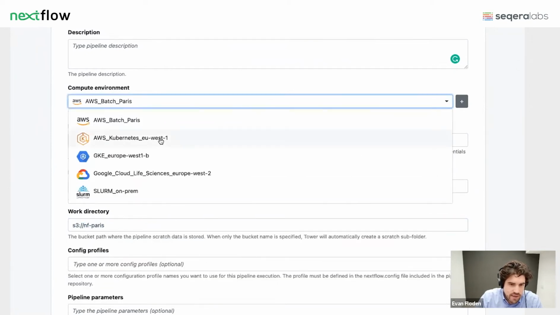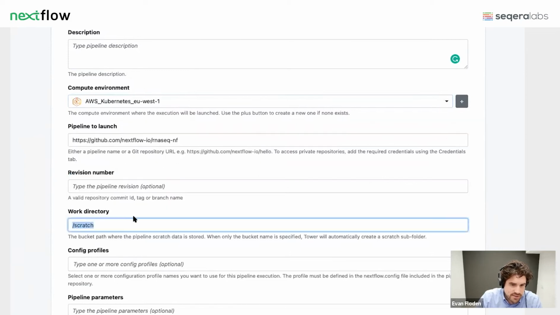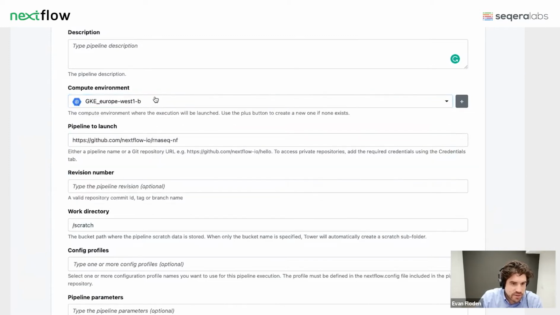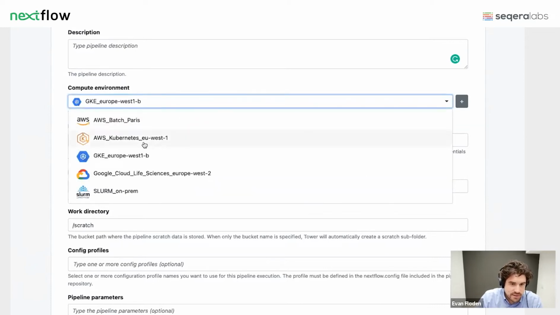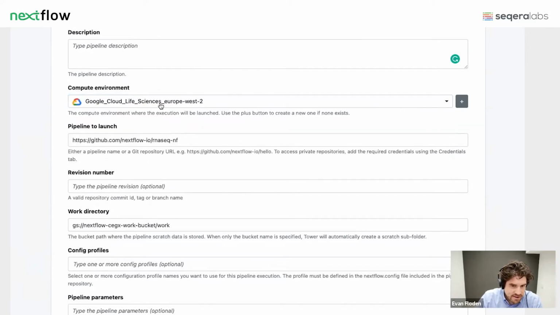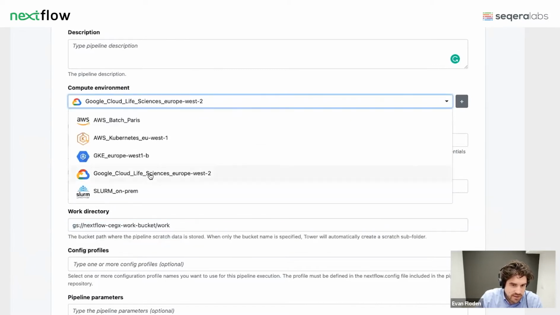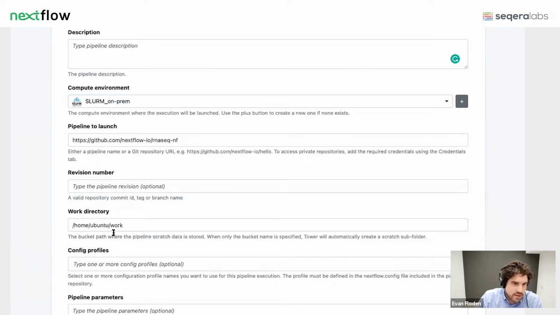If I want to run that in Kubernetes, this is -scratch, because this is a persistent volume claim on my AWS cluster. Same thing with GKE. This is the same pipeline that I'm launching now in a GKE cluster. Same thing with Google Life Sciences here. For setting that up, now the working directory becomes a Google storage bucket, and for Slurm, it becomes a path on